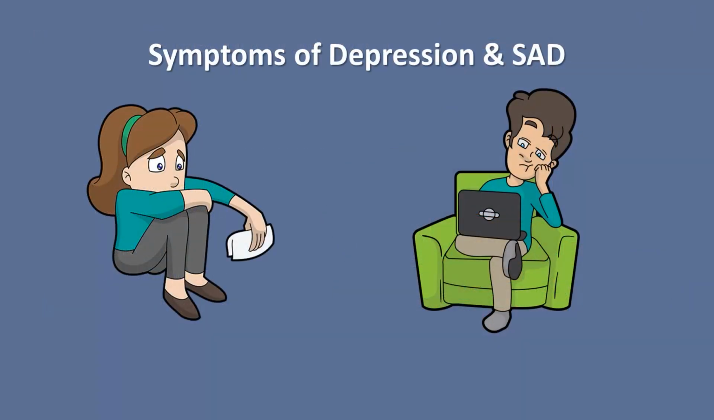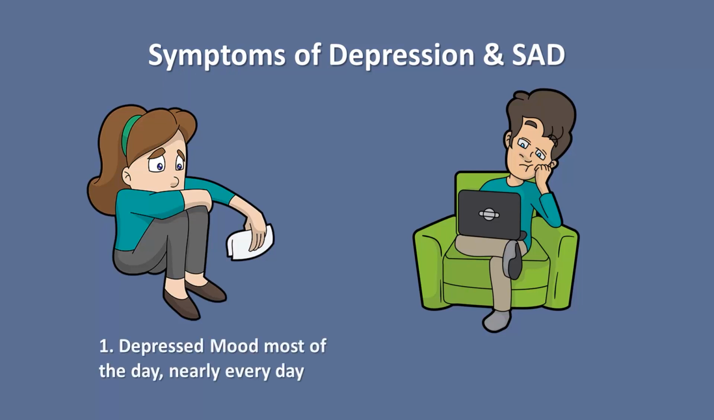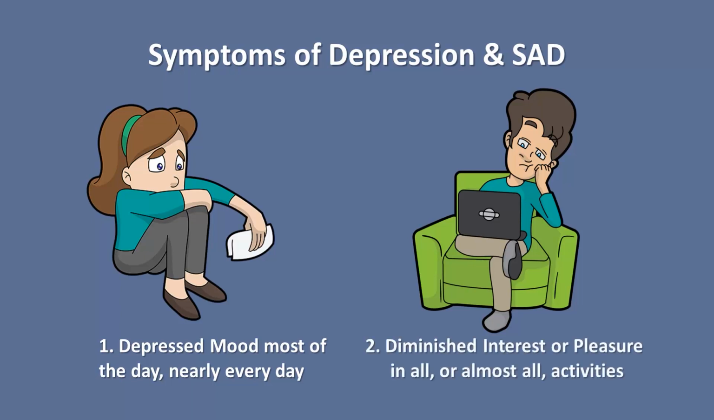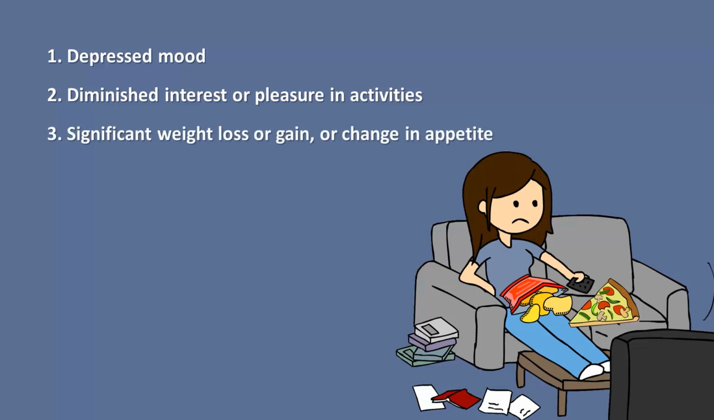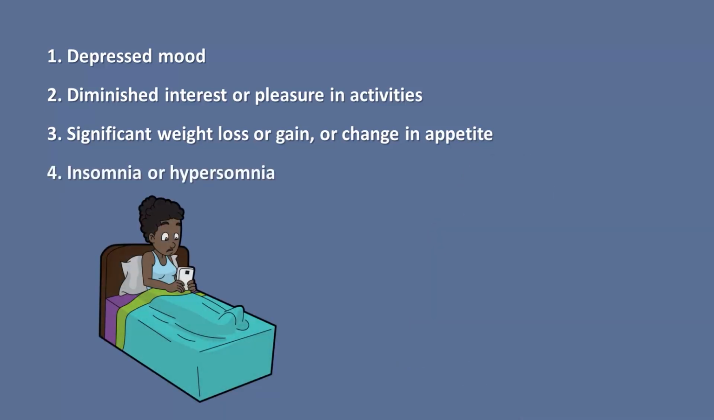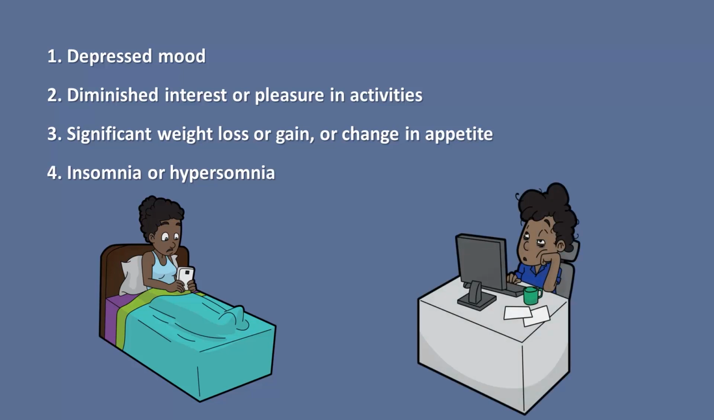And the symptoms of seasonal affective disorder are the same as for depression. 5 or more of the following, including at least one of depressed mood most of the day, nearly every day, or loss of interest or pleasure in all or almost all activities most of the day, nearly every day. And then the other symptoms are significant weight loss or weight gain, or increase or decrease in appetite, insomnia or hypersomnia, which refers to excessive daytime sleepiness despite getting adequate amounts of sleep,